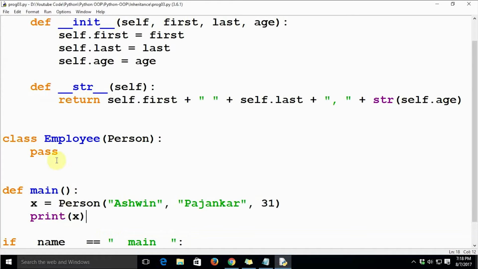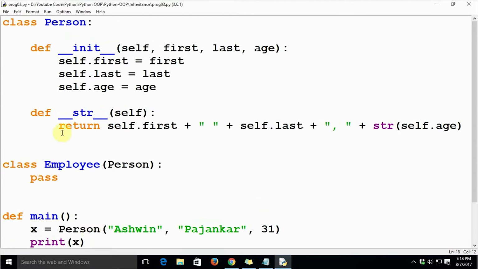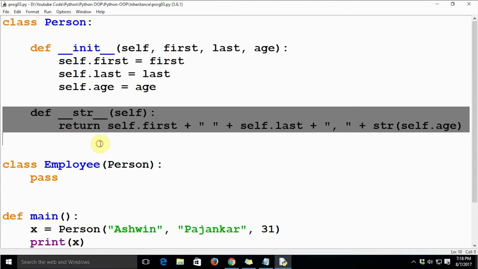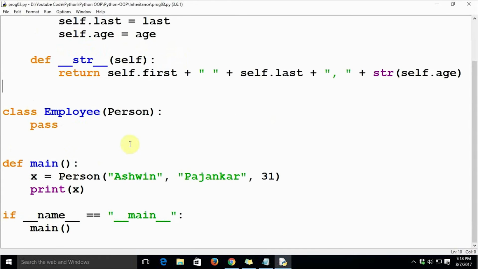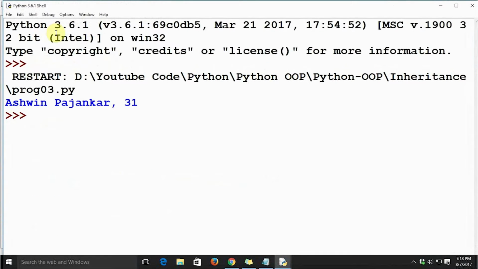Whenever we put x enclosed in brackets and call the print function, it is going to call this str method implicitly. There is no other way to call this str method explicitly. Let's now run this code. It should run and give us the output. Now it is returning the desired result: Ashwin Pazankar, age 31.